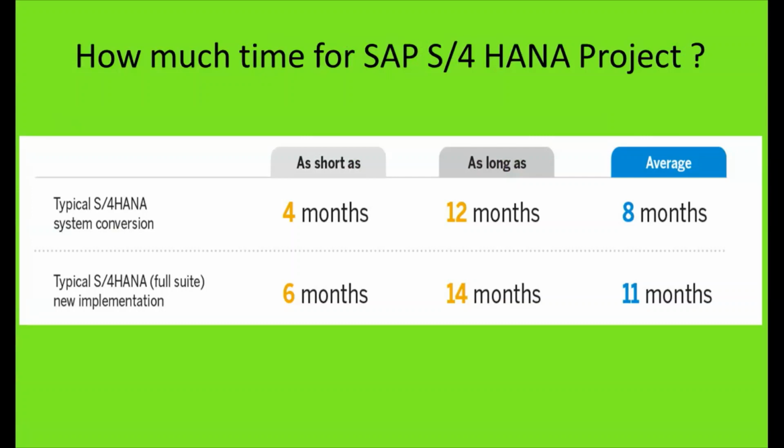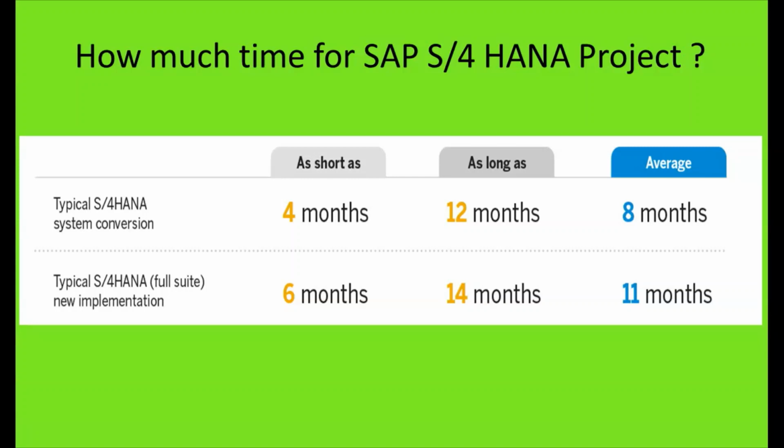Now, how much time will it take for an SAP S4 HANA project to be implemented? There are two ways of implementing SAP S4 HANA. One is to migrate from the SAP ECC version to the SAP S4 HANA version. That is considered a conversion project. A typical S4 HANA system conversion project will take a minimum of 4 months and a maximum of 12 months,